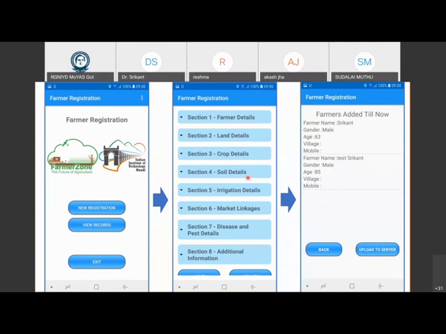For example, if you're going and talking to the farmer, then farmers are very skeptical about giving out their details, because there are lots of connotations to this. For example, if the farmer tells you exactly how much money he's making and what the land details are, he may be afraid that maybe he's not paying tax or something, and he doesn't want this information to go out. So reliable data science, as I told you in the very beginning, good data analytics requires good data, and the challenge is how do you get good data. How do you build trust in your client, and for them to be willing to give the data.